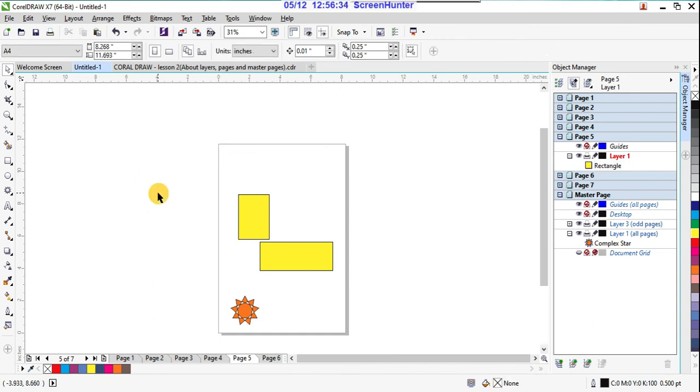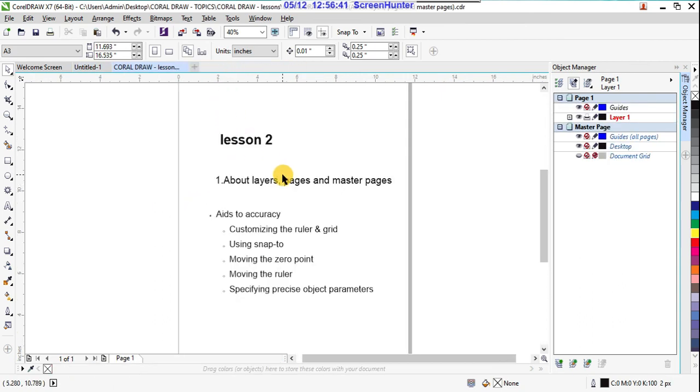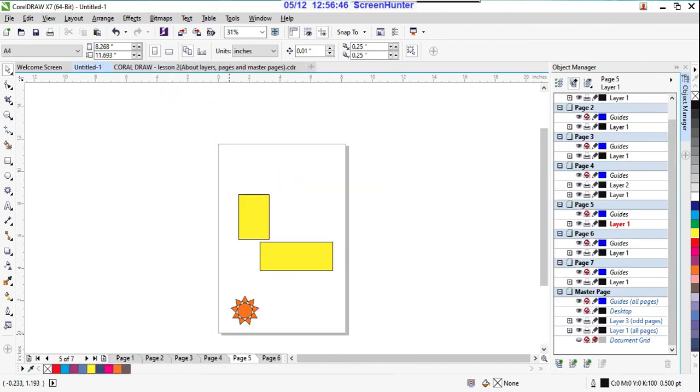So these are the layers, and pages, and master pages. Layers are these; inside the portions there are layer 1, layer 2, and you can create many layers, and you can create pages also, and you can control your pages by adding master pages and even pages and odd pages, right?